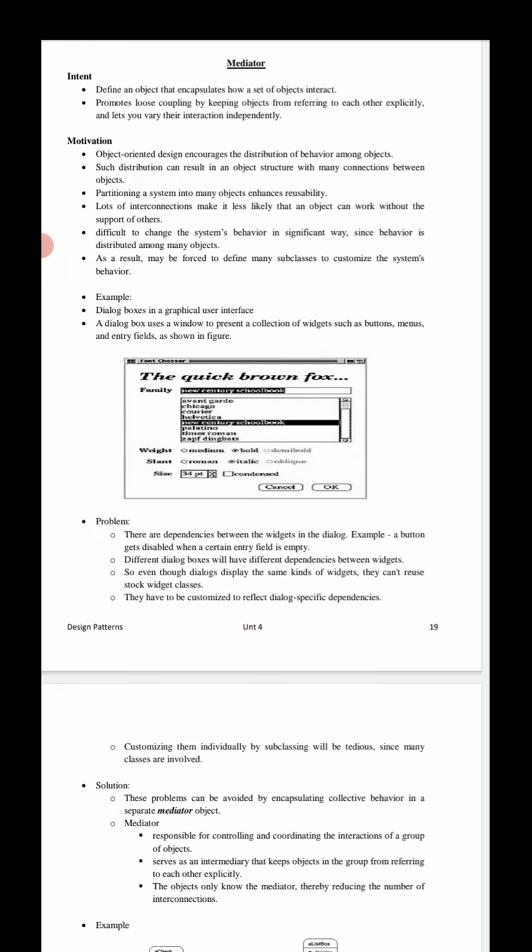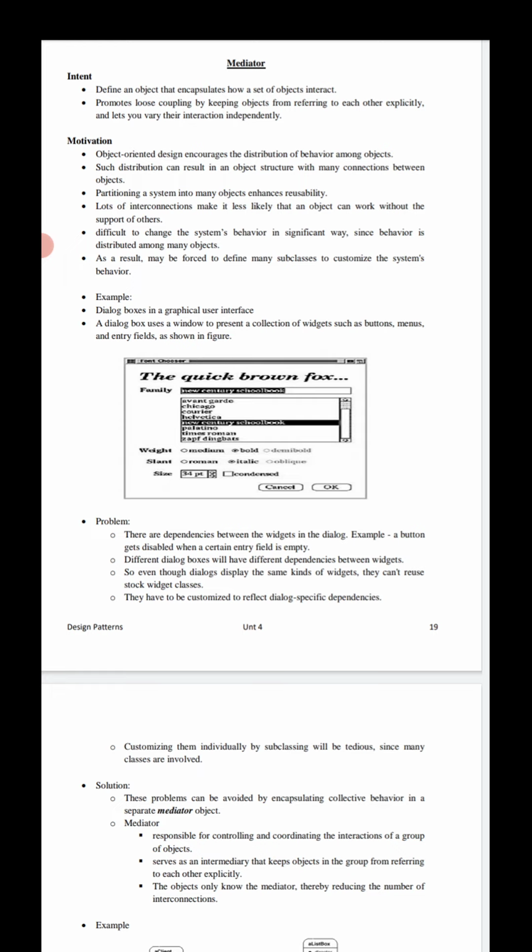Object oriented design needs to support the distribution of behavior among objects. Let us see, among those objects, the distribution of that particular behavior in the design pattern. In object oriented design, such distribution can result in an object structure with many connections between those objects.